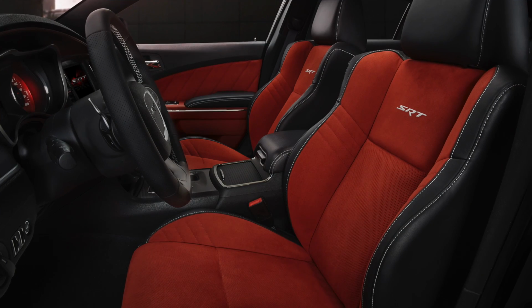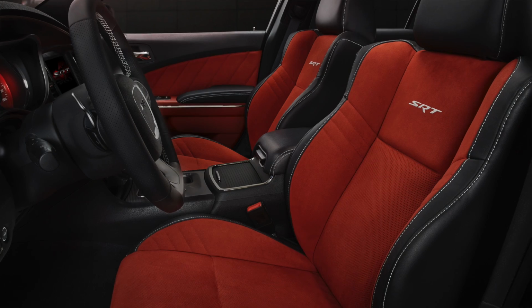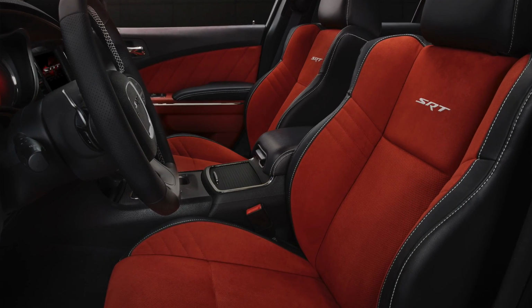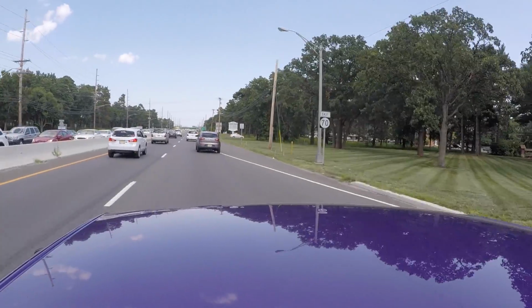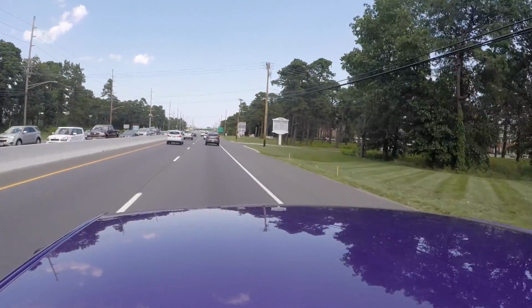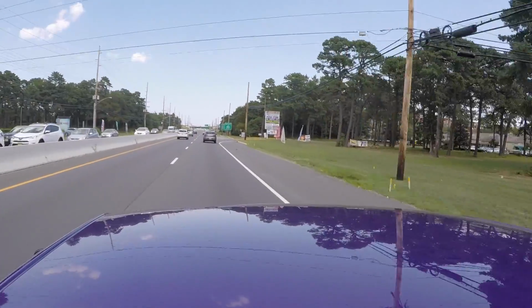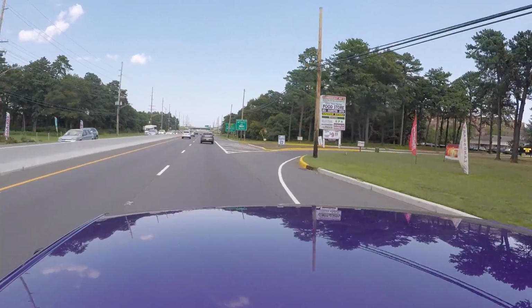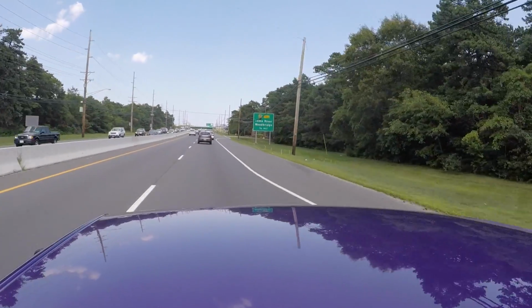The supportive seats managed to prevent a chiropractic adjustment every time I goosed the throttle. Handling was amazing on tight turns and the straightaways that the Charger was made for. The front-engine rear-drive configuration with an 8-speed automatic transmission generates 485 horsepower. Gas mileage is rated at 15 in the city and 25 on the highway, so you'll be thankful there's an